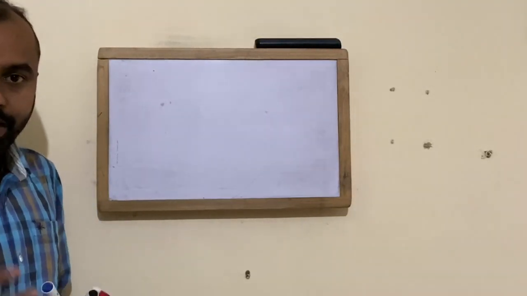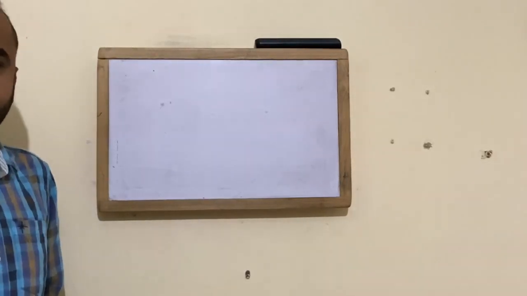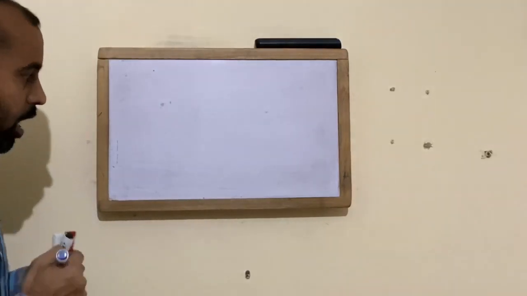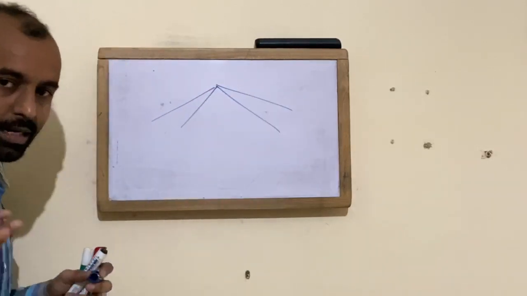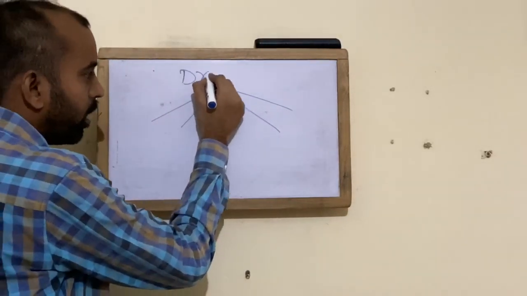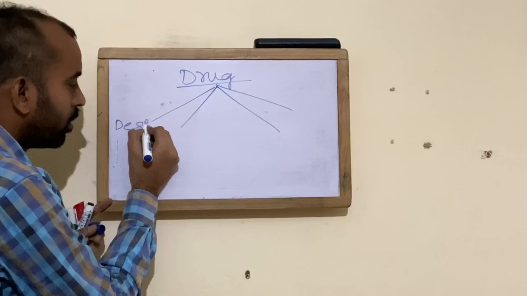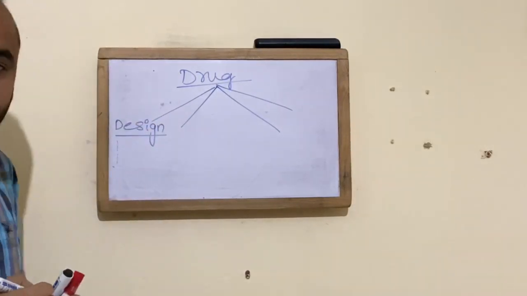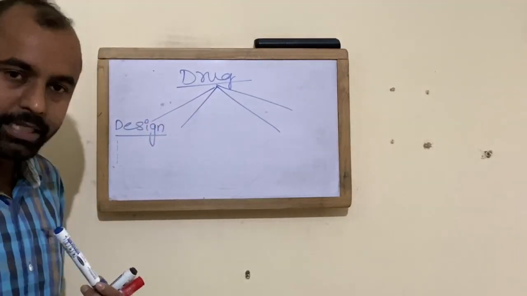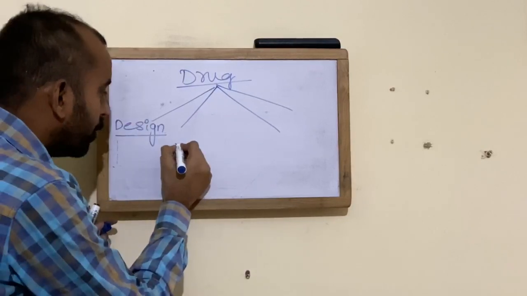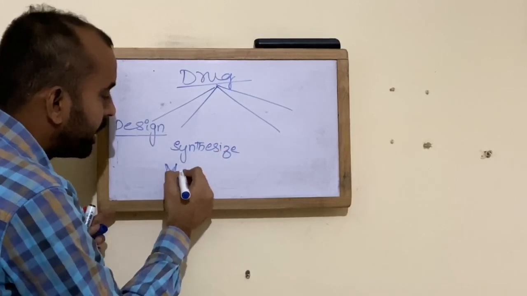So for every drug discovery or any recombinant drugs, the stages of drug discovery are divided into these fundamental stages. That is your drug design. First one is you design. The design is basically either by a computer approach or by a rational approach. You design it. Okay, you have designed. After designing, you synthesize it, or you can even say you manufacture it.